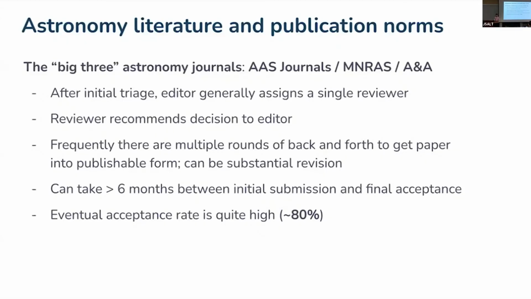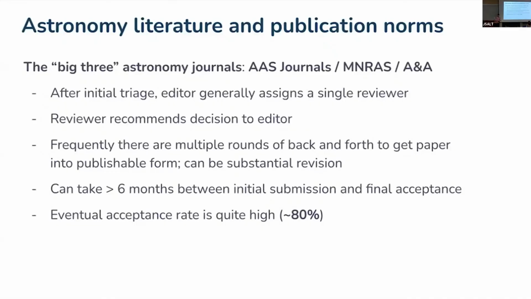If I say arXiv paper, different fields will think of different types of things, right? In astronomy, you typically will only have papers on arXiv after they've been accepted by a journal. So after multiple rounds of review, at least the old school thought was you only put your paper on arXiv after it's already been essentially accepted for publication. And that's not always true in other types of fields. So you have a different level of calibration of how much you trust a paper if it's on arXiv, depending on the field.